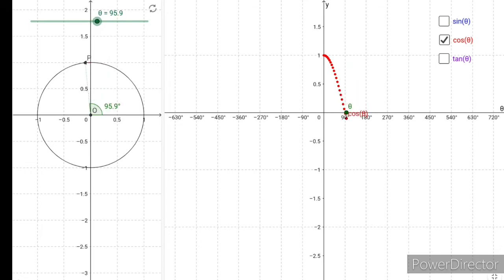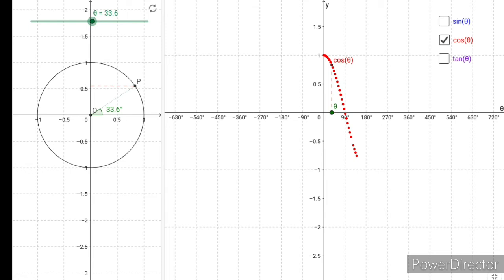At 90, if you observe, the red line becomes 0. The red line keeps on decreasing, and at 90 it becomes 0, because when it is 90 degrees, the x coordinate of P is 0. So cos theta is 0. We have seen that cos theta is nothing but adjacent side by hypotenuse. Hypotenuse is 1 here. So cos theta is nothing but the adjacent side.